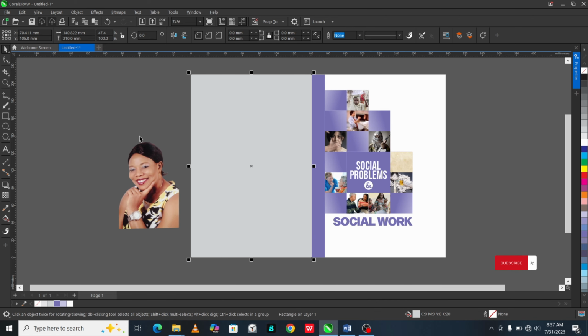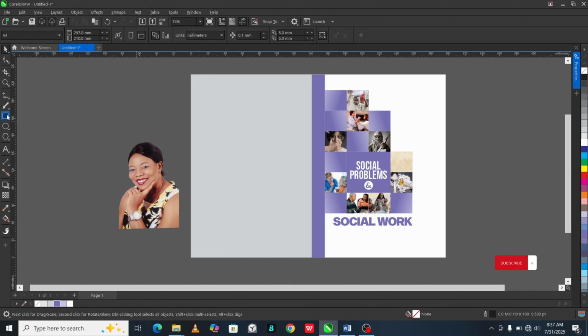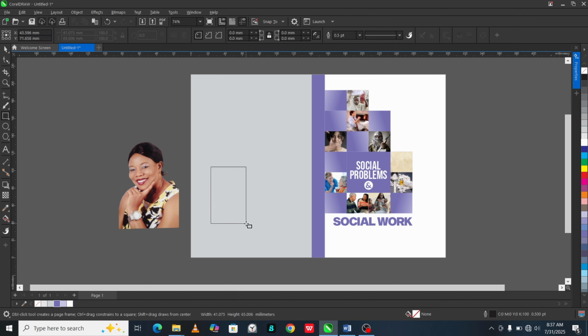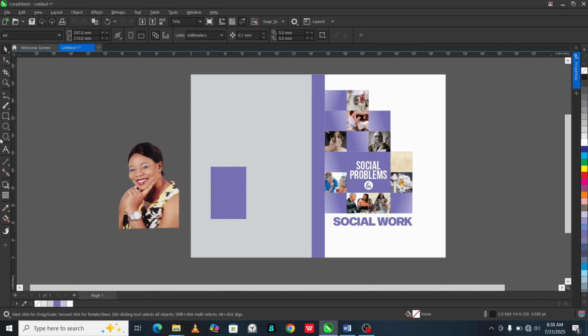So we are through with the front cover page. We are going to the back cover page. Create a rectangle, and then click and drag. After selecting your text tool, click and drag,